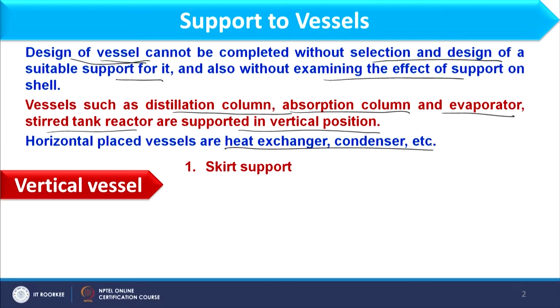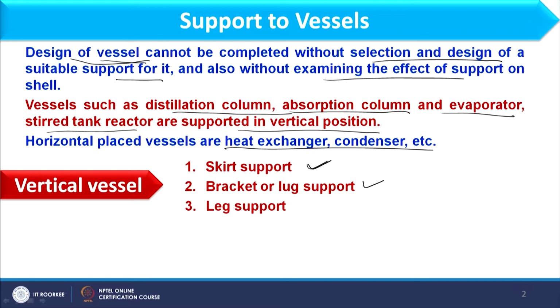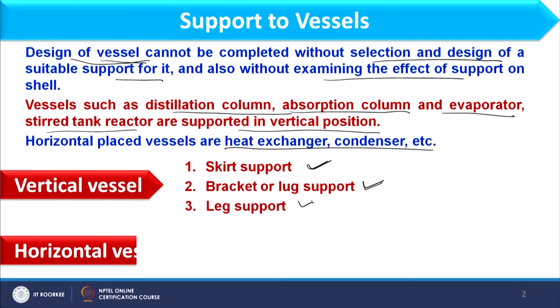So, for vertical vessel, we usually have 3 supports. First is skirt support, second bracket or lug support, and third is leg support. Skirt support is basically used for tall vessels like distillation column etc., which has height more than 20 meter. For that we use skirt support. Bracket or lug supports are used for short height vessels, and similarly leg supports are also used for short height vessels. Now, for horizontal vessel